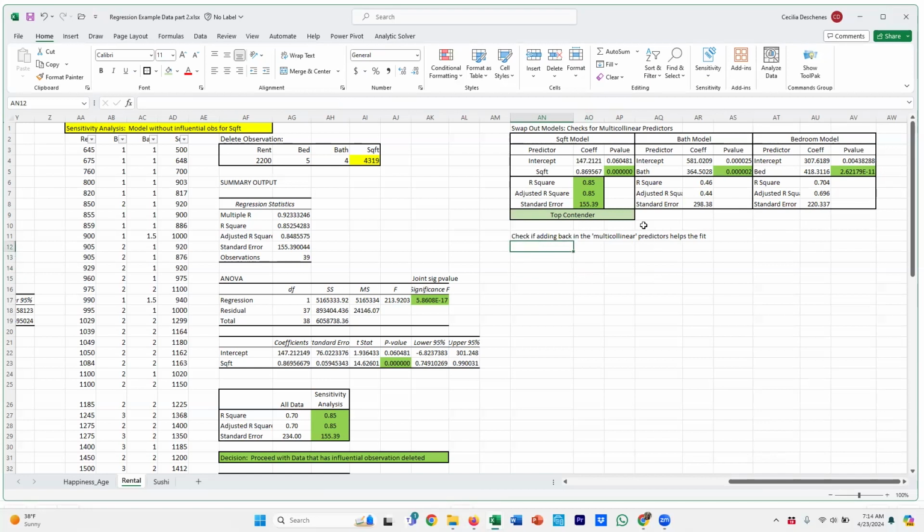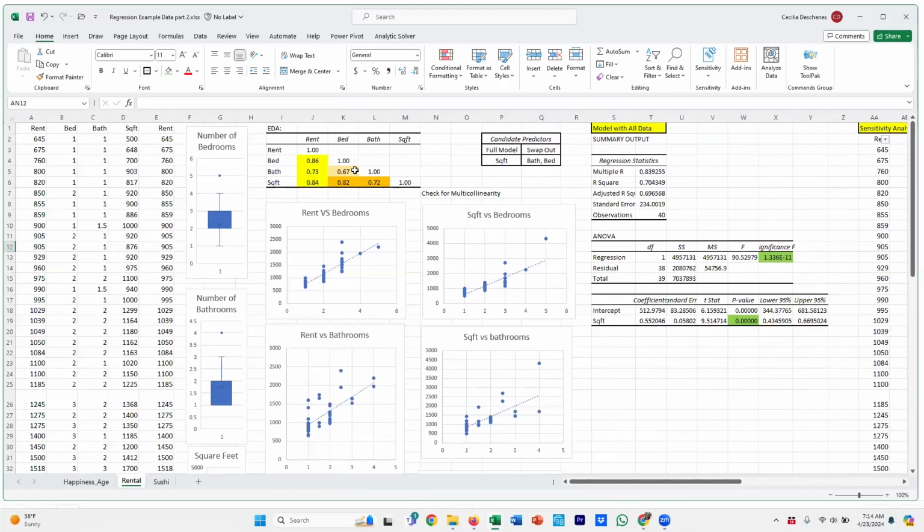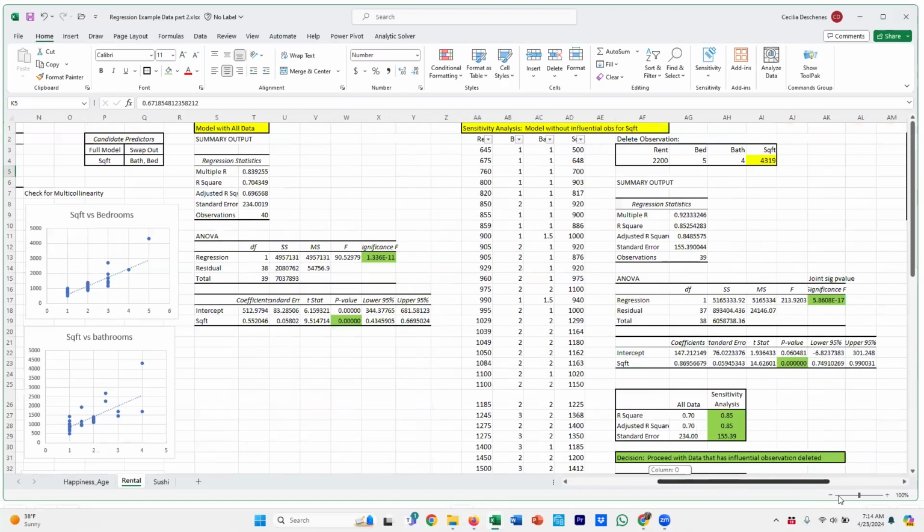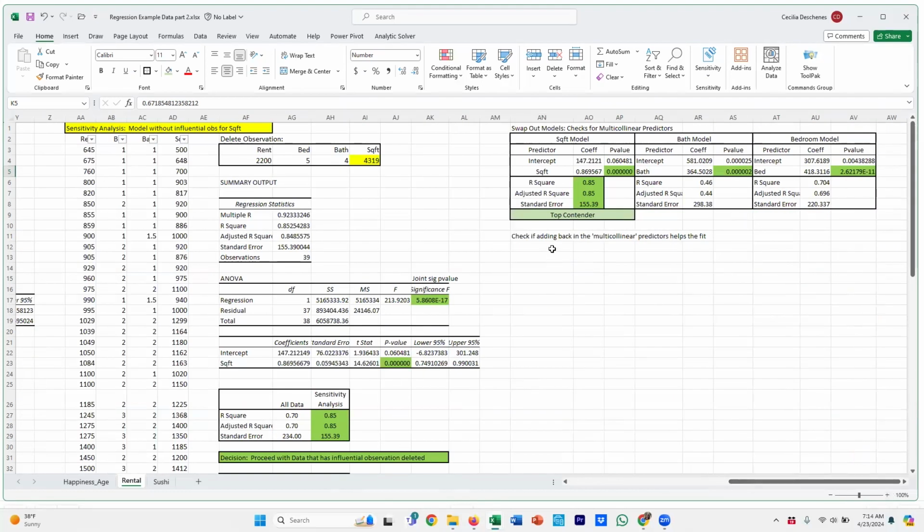So really, since the only other model that we could check that would make sense for us to check is having bathroom and bedroom both in the model, because perhaps that model would be better than the square footage model. So let's just compare that. So we're going to check the model with